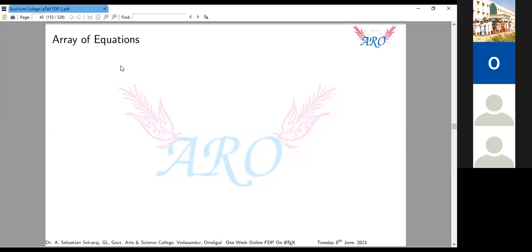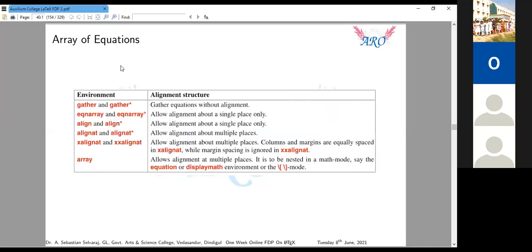So the second one, array of equations. Suppose we have a system of equations, how do we type that? These are all formats, and we may use any one of these environments. I prefer align and align star. That's better. These are all available options. I will explain one by one, but I prefer align and align star for your whole document. Whatever the number of pages, 100 pages, 1000, it's not a matter. Just use align and align star.